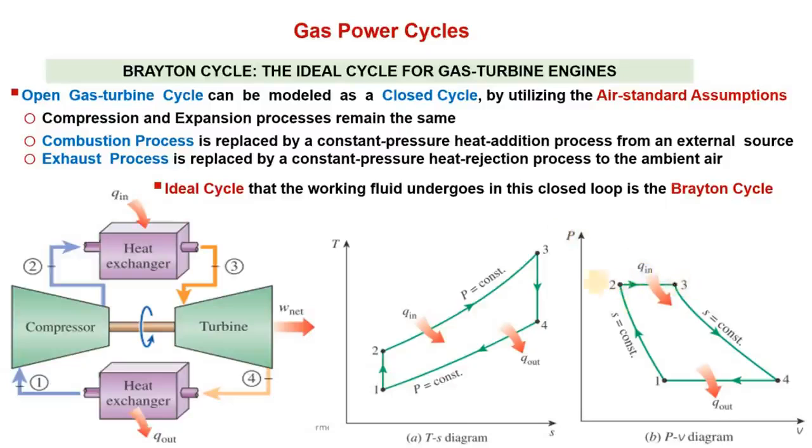That's why here you see the 2 to 3 constant pressure line on the PV diagram, unlike here, where the 2 to 3 process was constant pressure but the pressure lines were curved lines. So that's why 2 to 3 is exactly a straight horizontal line, unlike here on the TS diagram, where 2 to 3 is a curved line. Then the 3 to 4 process is occurring inside the turbine, again isentropic, but inside a turbine what